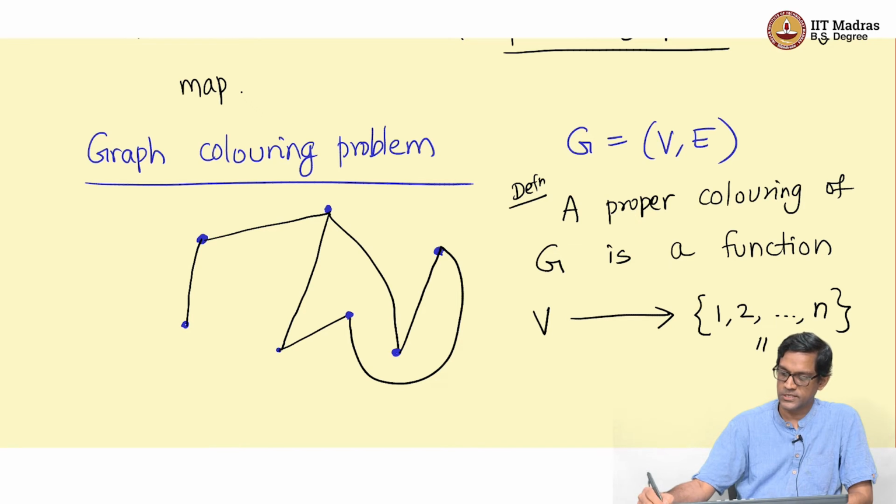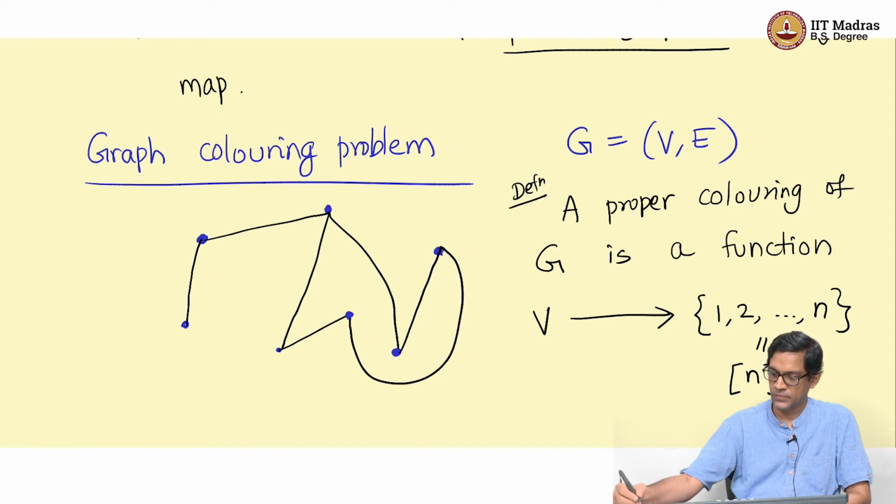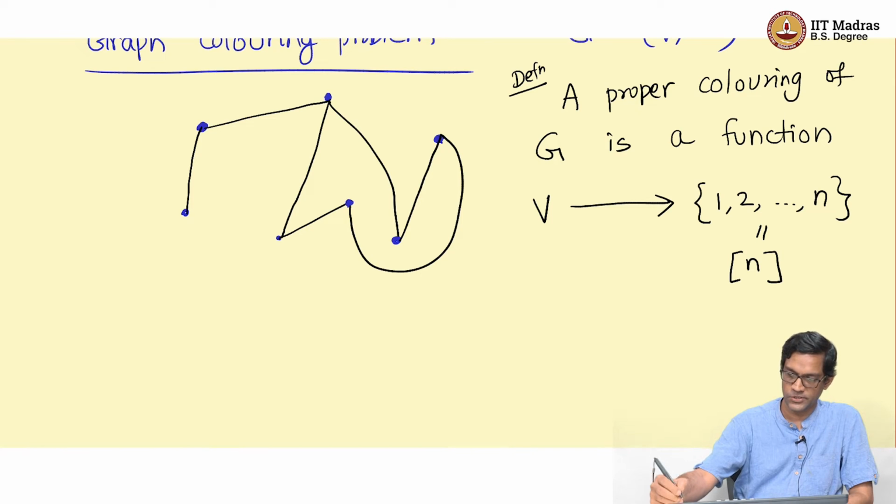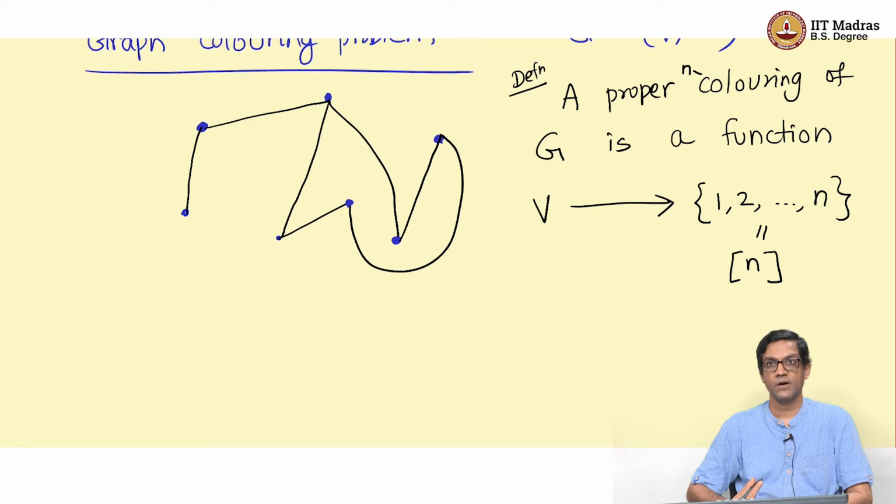Recall this set is what we usually denote by the notation bracket n. Sometimes we will call it an n coloring. A proper n coloring of G is a function which assigns to each vertex a number from 1 to n,